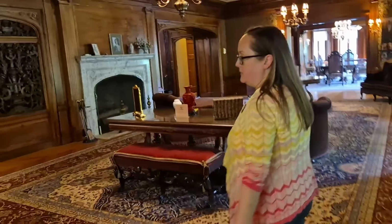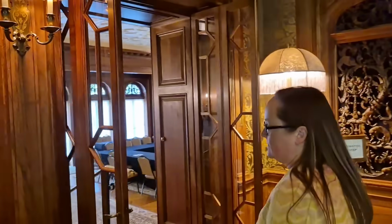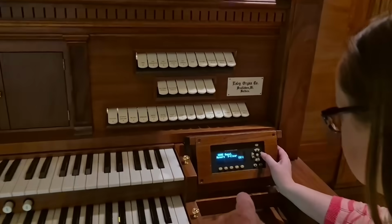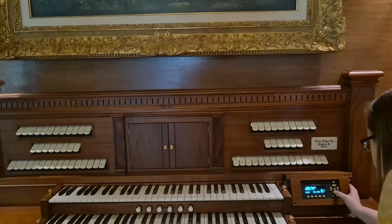We'll save that, but we'll come back to the music room real quick. Can we hear that? Yes. Oh, she's going to turn on the organ. This is not 1915. No. She said he tore it out and then put in a...